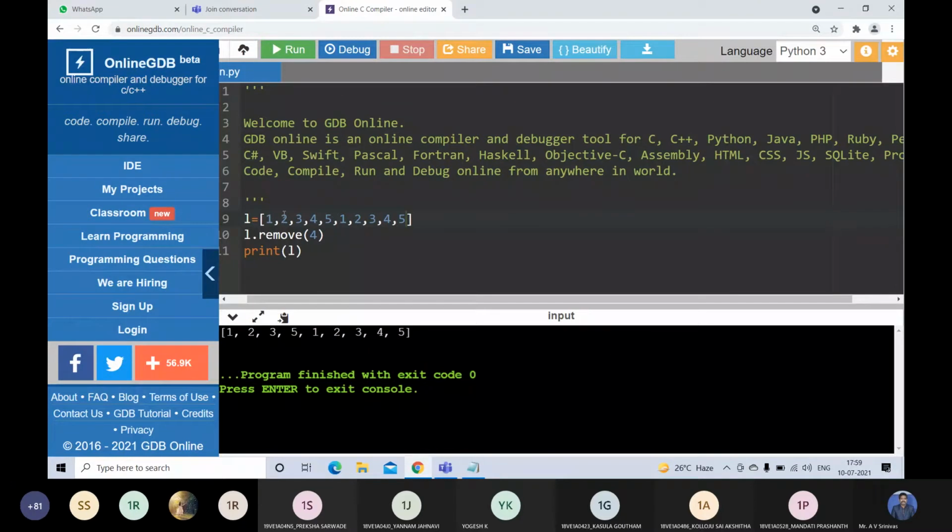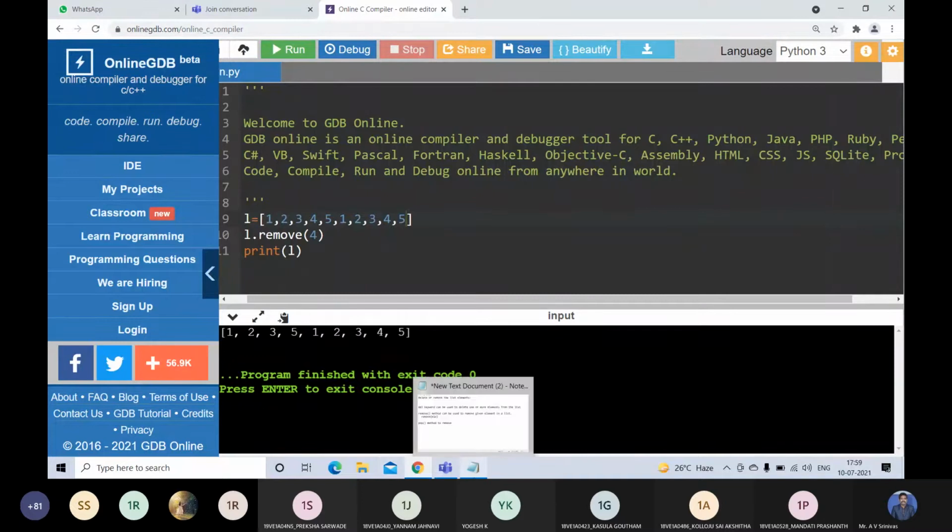See here, 1, 2, 3, 4, 5, and 1, 2, 3, 4, 5. If I remove 4, only the first occurrence of 4 will be deleted. The next element will remain as it is. If the list contains duplicate values like this, the first occurrence of this element will be deleted. The second occurrence will remain as it is.